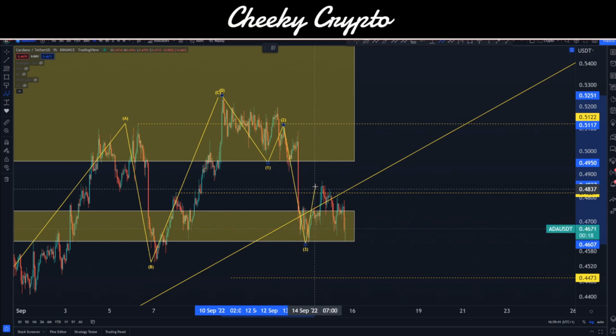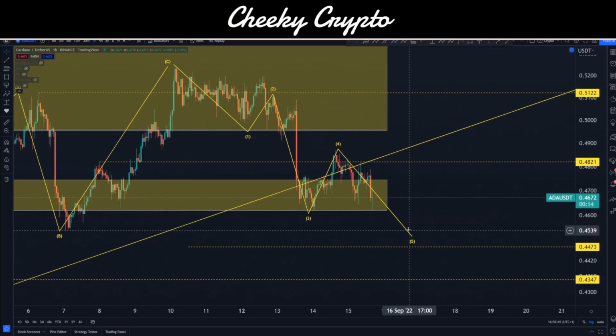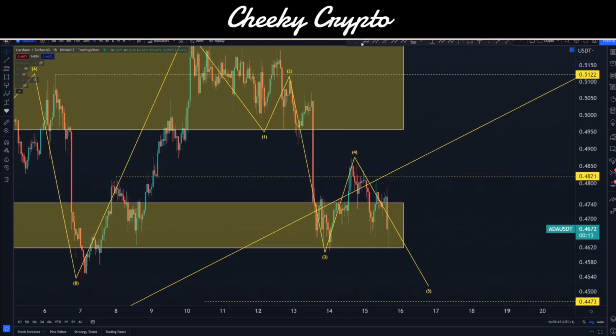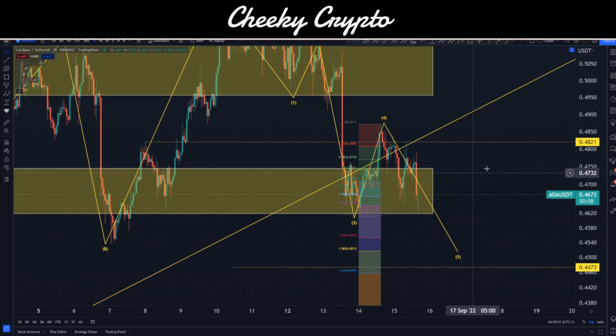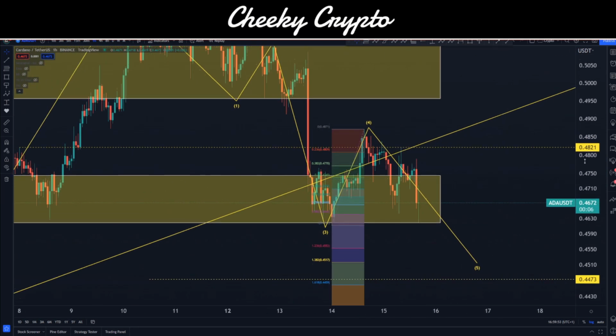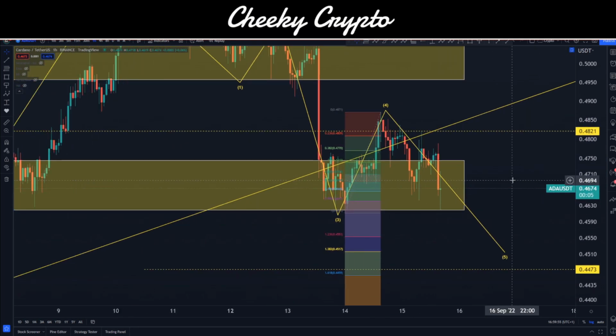Down to wave 3, up to wave 4, not crossing wave 1, looking for that little bit more down. Okay, so this would then actually take us in a little bit deeper on Cardano. For anyone who doesn't understand what I'm talking about here in terms of waves and Fibonacci-based numbers, that's your 1.618,